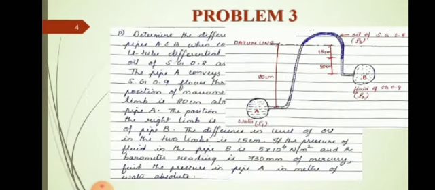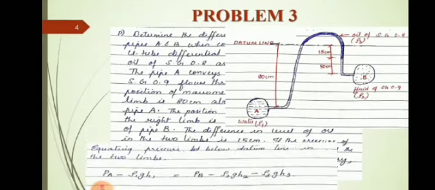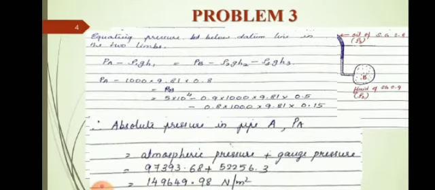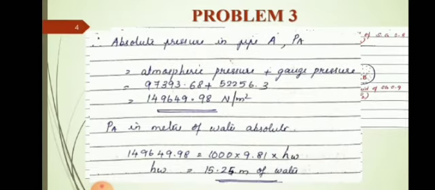Now, what is the last part of the question? Find the pressure in A in meters of water absolute. So, you are not asked to find out just PA. You are asked to find it out in meters of water absolute. That is, you have to find out the corresponding pressure head in terms of water. That is, this is the pressure value. You have to equate it to rho GH and find out the value of H. Okay, so please note down that difference. It is not the pressure that you have to find out. You have to definitely find out the pressure, then only you can find out the pressure head.